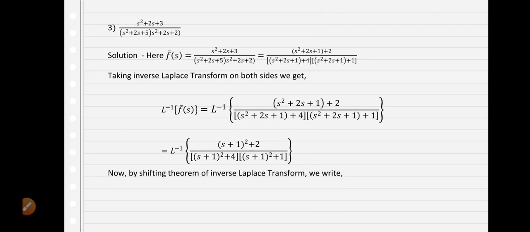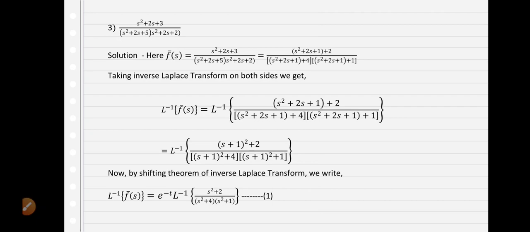the curly bracket terms. So it gives us e raised to minus t. See, the s plus 1 term is there, so the opposite sign should be the sign of the coefficient in the exponential term. So it becomes e raised to minus t. Now everywhere s plus 1 should become s. So e raised to minus t into L inverse of s square plus 2 upon s square plus 4 into